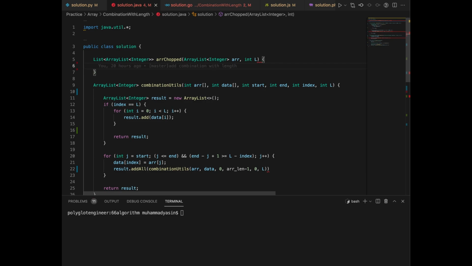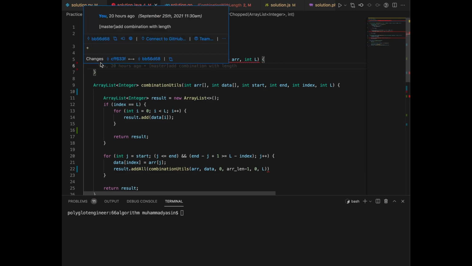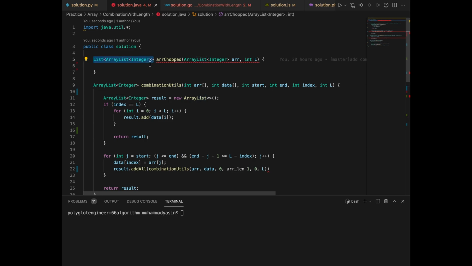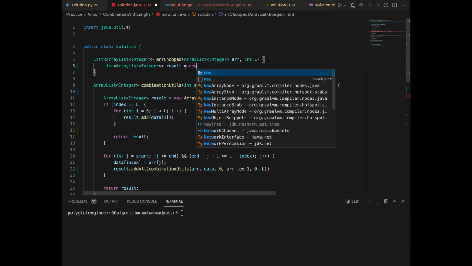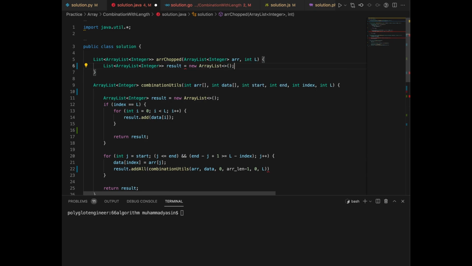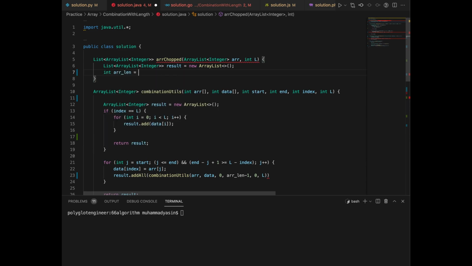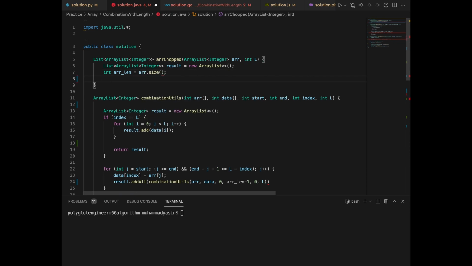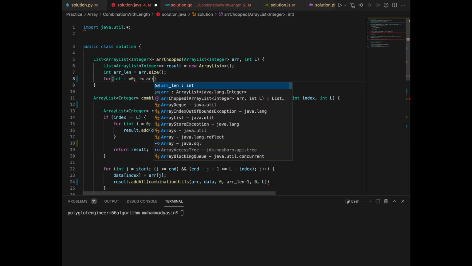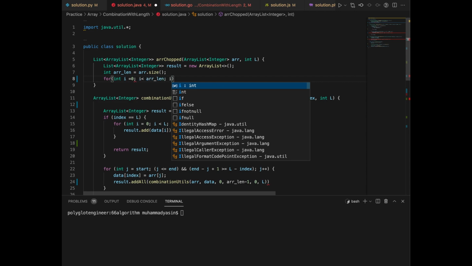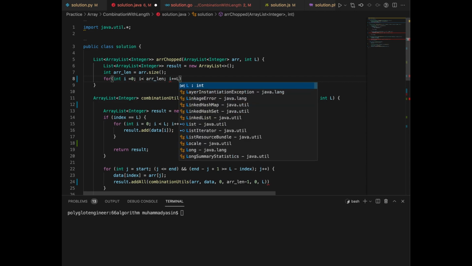And here we're going to say, just copy this one for result, right? Result in here is going to be a new array list, even though it's nested. I'm going to say integer array length is going to be array.length or .size, okay, the same on here. And going to say for integer I is same as 0, I is less than array length, right? And I is plus same as L,